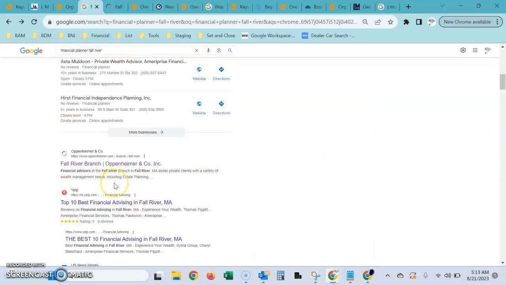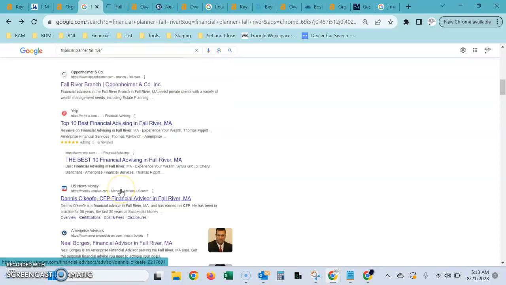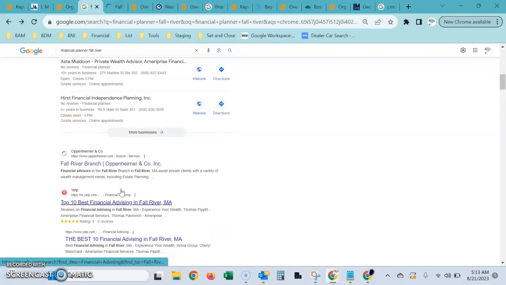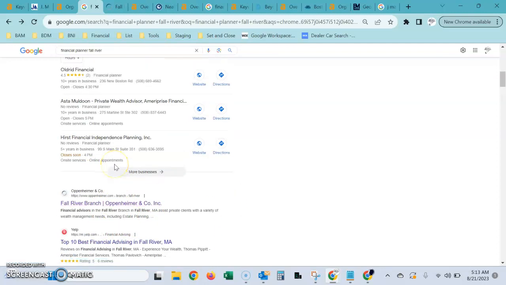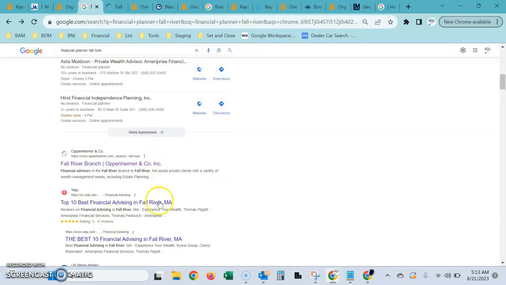However, underneath that, this is what's called the organic search results. This is where the more authority or trust that Google has in your site, the higher up on the list you're going to rank. So this is where getting more links or referrals from other websites helps you climb and outrank the competition. And then regardless of the location where they're searching from, as long as you have that keyword on your site and your site is ranking and has enough authority, you'll be getting all those leads and all those clicks. So this is a big area that we want to concentrate on to make sure that we're getting those high quality and high volume keywords.